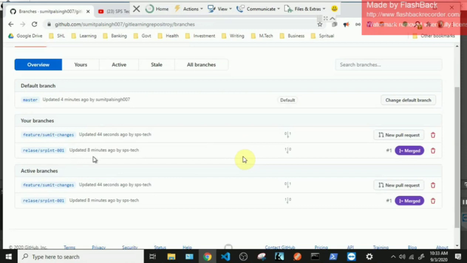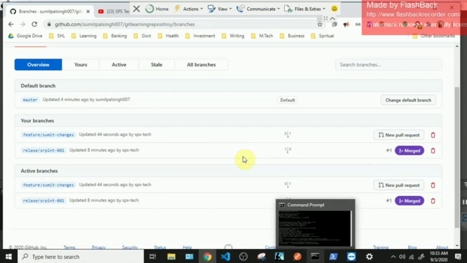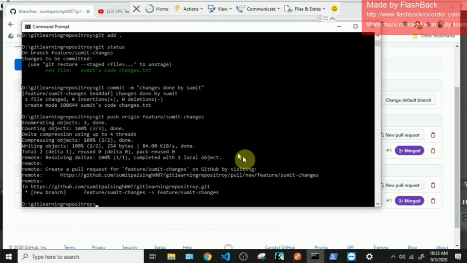But never mind. Now what has happened is that Sumit's changes have been pushed here, but Sumit needs to create a pull request to the sprint branch for the sprint 2 release. So in order to do that, we'll go back to the sprint 2 branch. I think it was sprint hyphen 002.